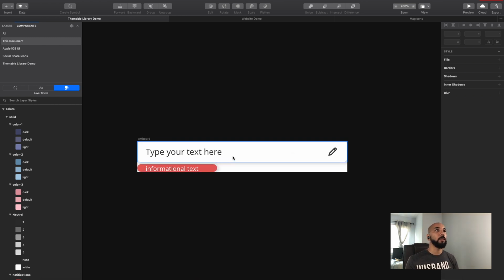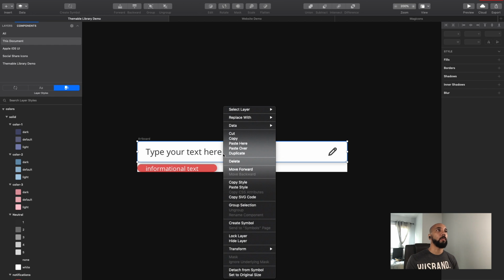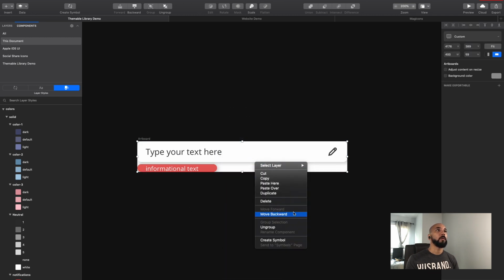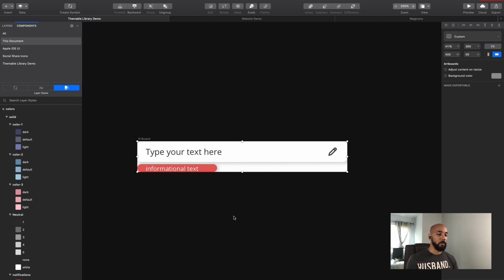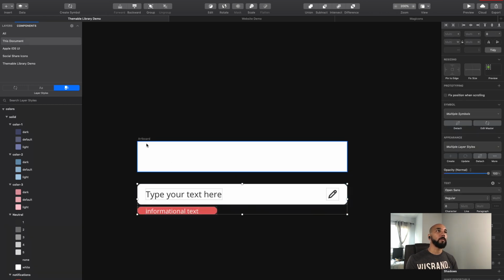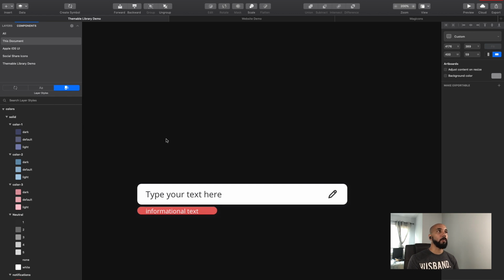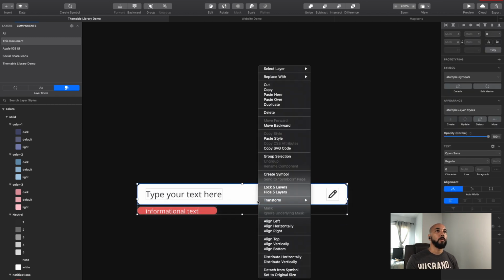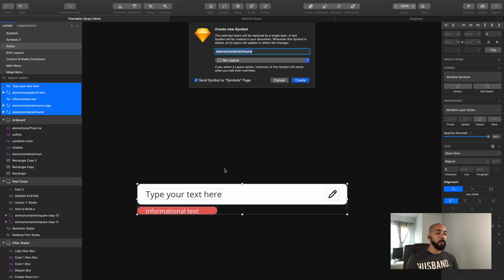The last thing we need to do is make this a symbol itself. So we're going to right click on this whole artboard. Now that we have everything fitted the way that we want it, we're going to select it and move it out of the artboard, because we can't have an artboard be part of our styles. We're going to right click on it, select everything and right click and go to create symbol. So this is going to get the name